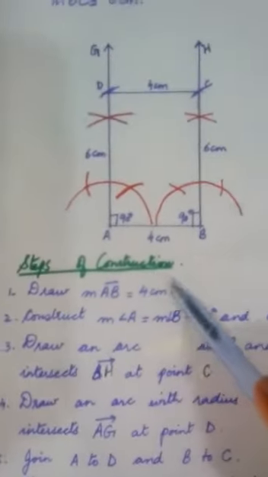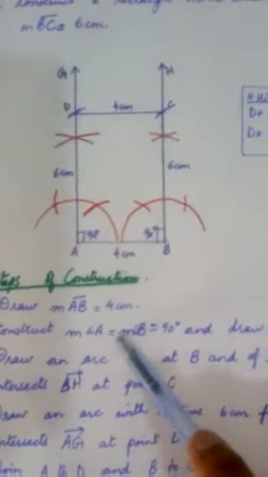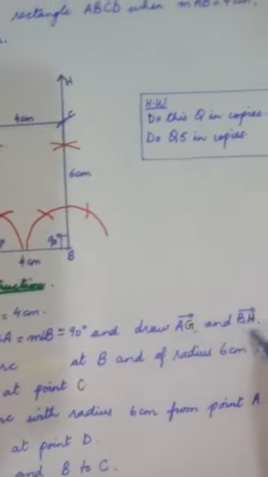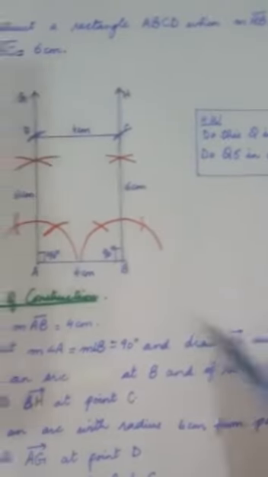Draw measurement AB equal to 4 centimeter. Construct measurement angle A equal to measurement angle B equal to 90 degree, and draw AG and BH. Ray AG you can see here and ray BH that you can see here. Then